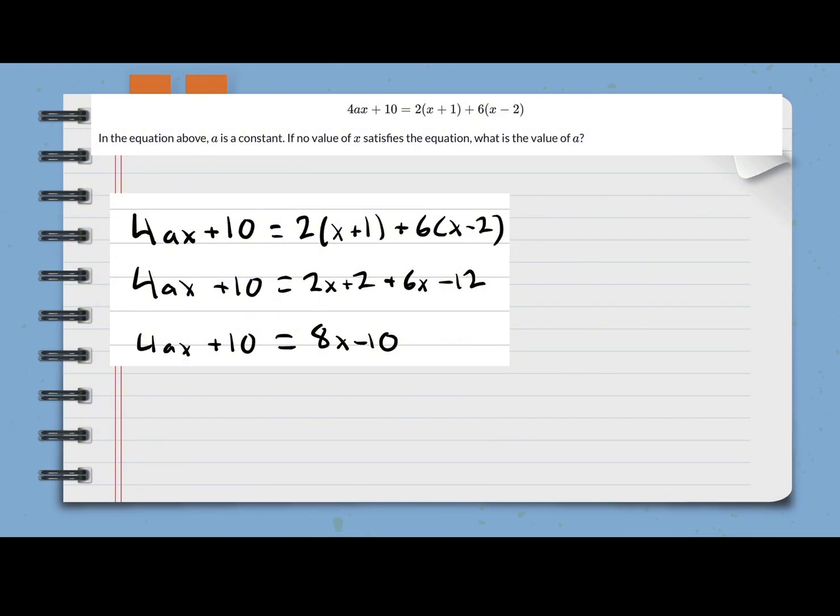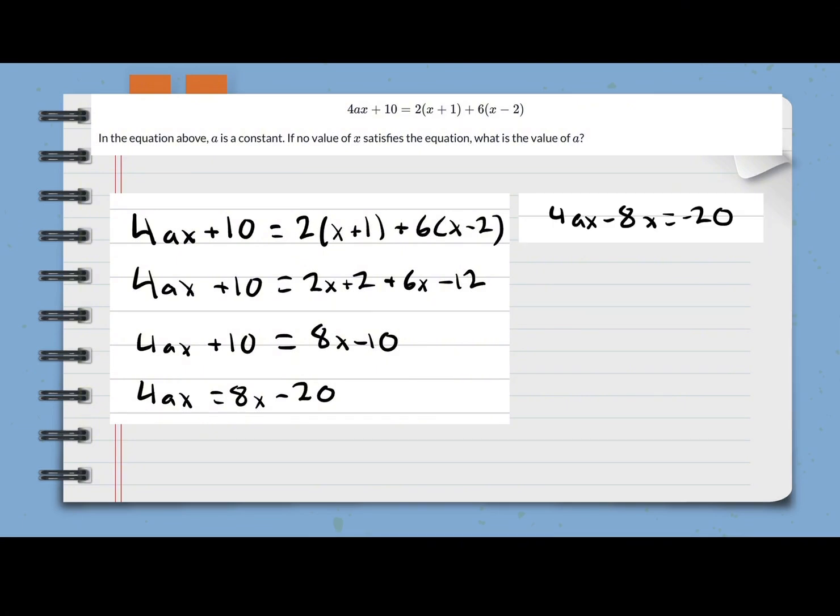So we'll move the plus 10 over to the right side. We'll end up with 4ax equals 8x minus 20. Again, we want to isolate x as much as possible, so we'll move that 8x to the left side, and we'll end up with 4ax minus 8x equals negative 20. We can factor out 4x from 4ax minus 8x, and you'll end up with 4x times (a minus 2) equals negative 20. So what we can do here is divide everything